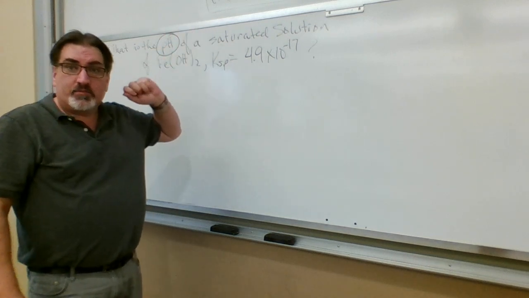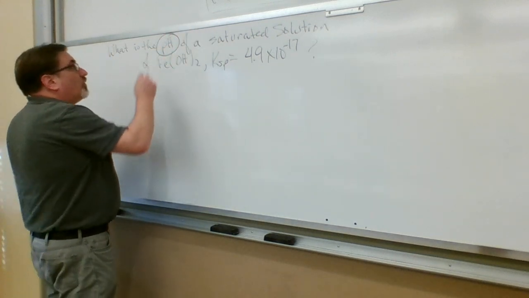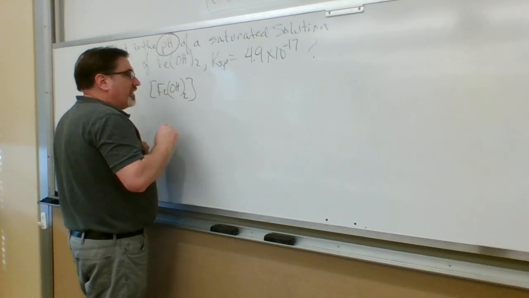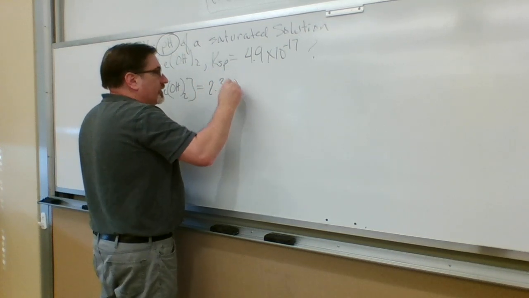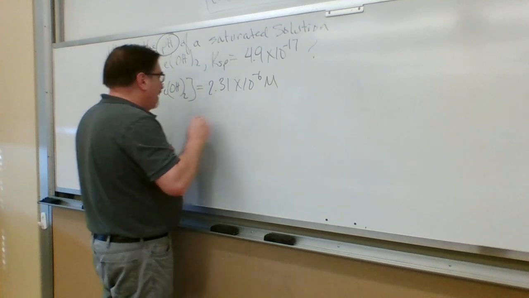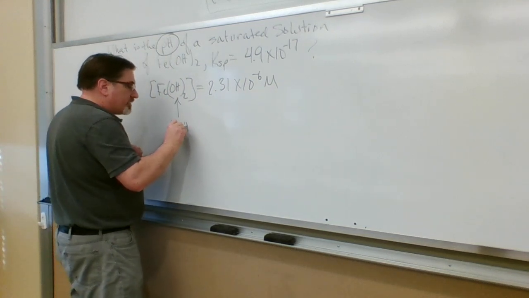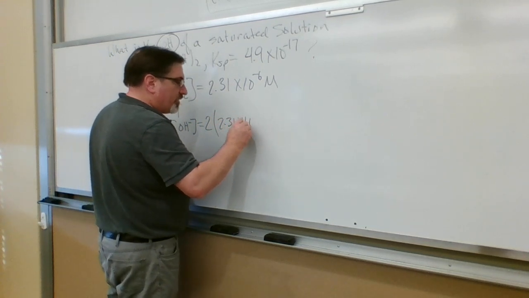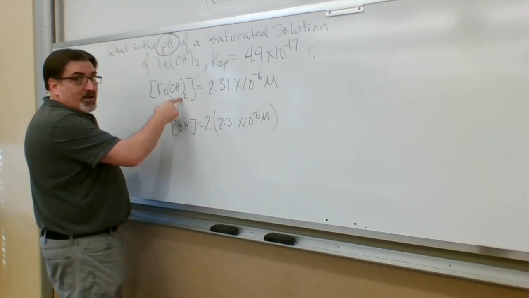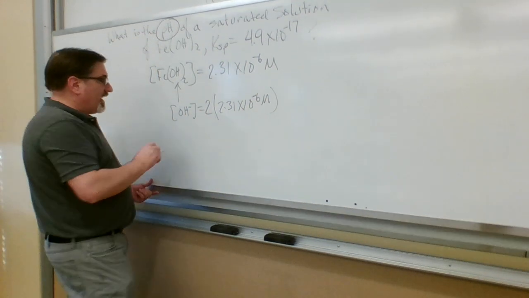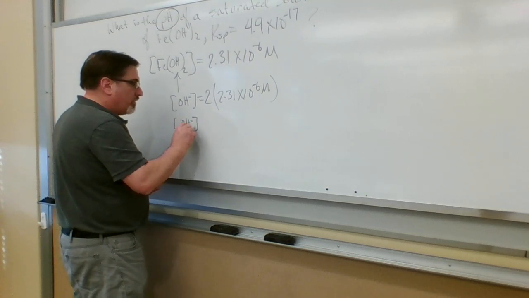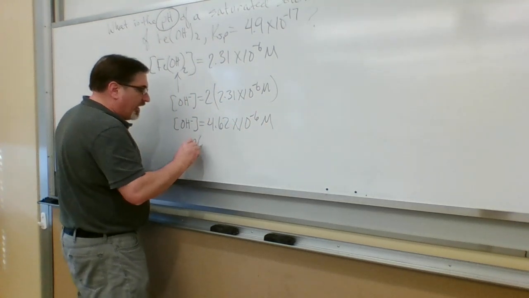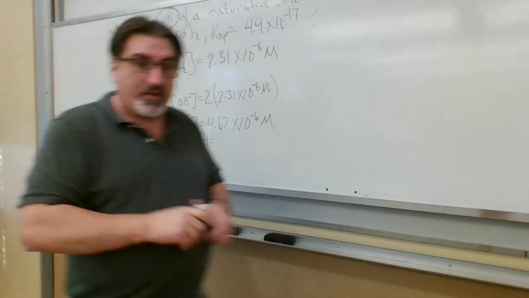Fe(OH)2 is a base, right? So the molar solubility of Fe(OH)2, like we said, was 2.31 times 10 to the minus 6th molar. That means that the concentration of OH- would be 2 times 2.31 times 10 to the minus 6th molar, because there are 2 hydroxides per formula unit. So the concentration of OH- would be 4.62 times 10 to the minus 6th molar,